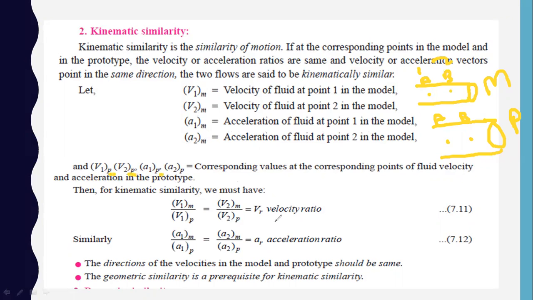For kinematic similarity, we have to find out the velocity ratios and the acceleration ratios. The directions of the velocities in the model and prototype should be the same because velocity and acceleration are vector quantities. So that is very important. Geometric similarity is a prerequisite for kinematic similarity, so you cannot directly go for kinematic similarity without checking the geometric similarity. Then next we will move on to the